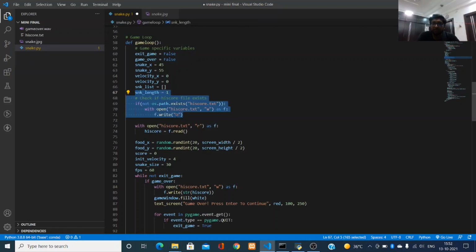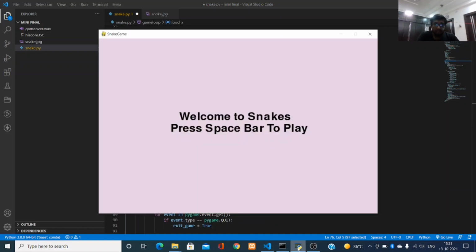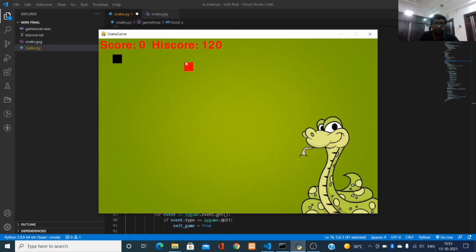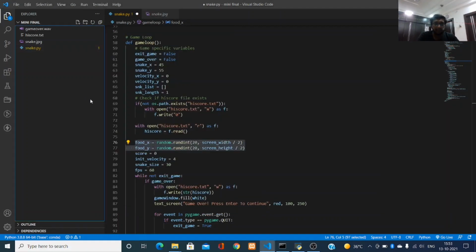If the highscore.txt file exists, then it will display the high score, or else if the file does not exist, then it will display the high score as 0. Then this is for creating food for snake. This type of food will be created by this part and it will generate any random location in the playing screen.